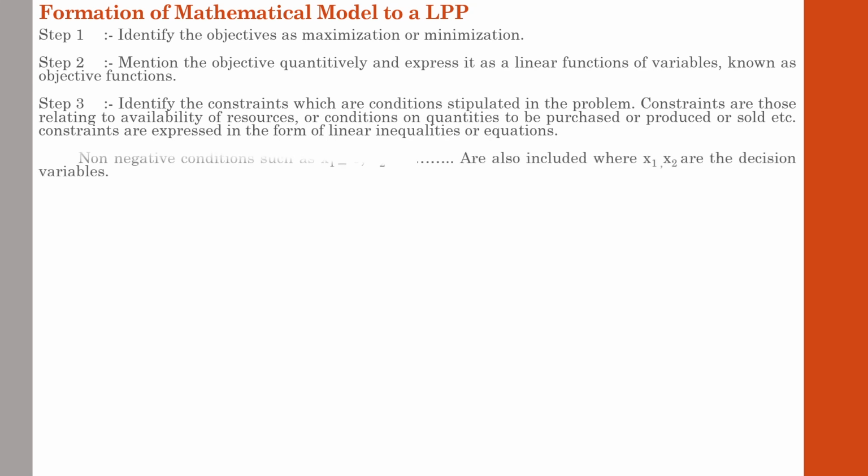So this is how you have to deal with non-negative conditions such as x1 greater than or equal to 0 and x2 greater than or equal to 0. We will discuss that. These are special cases that are also included along with the decision variables. We will discuss that during the special cases in the application question. Right now, these three steps are the most important steps with regard to the problem. The problem is easy, but you need to identify what is the purpose of the question, whether it is for maximization of profit or minimization of cost, and what are the issues that have to be considered.